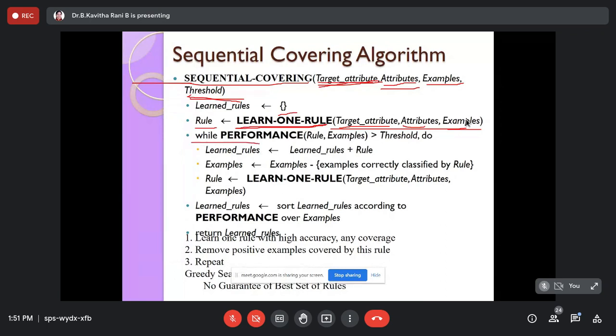Next is the while loop: while performance of a rule on examples is greater than the threshold, do the following. Learned rules, examples, and rule. So if the performance of that particular rule is greater than the threshold,